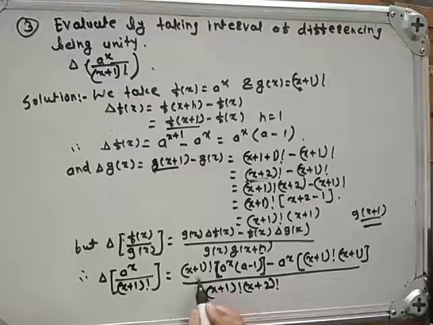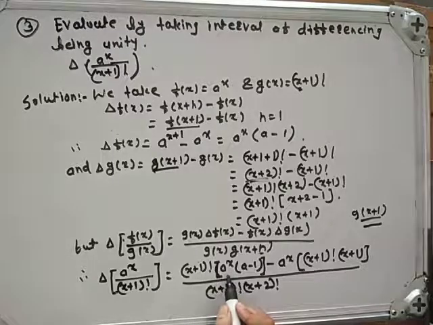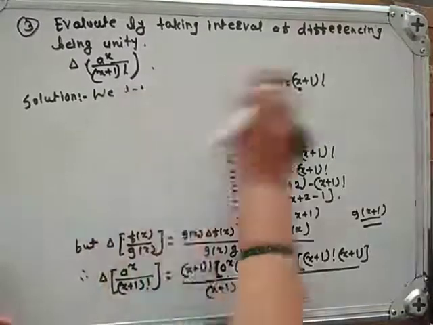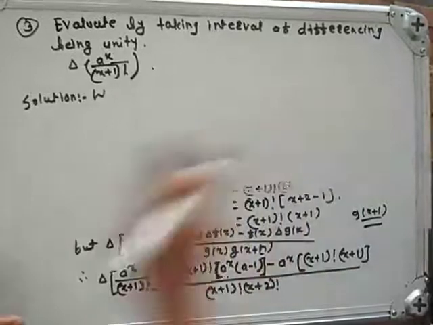In numerator, observe that x plus 1 factorial into a raised to x is common, so take it outside, we get,